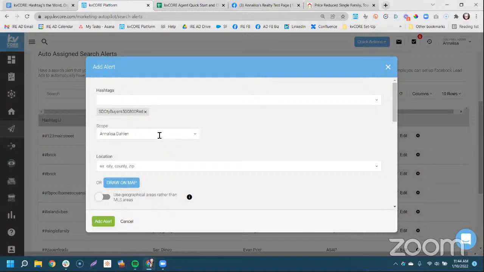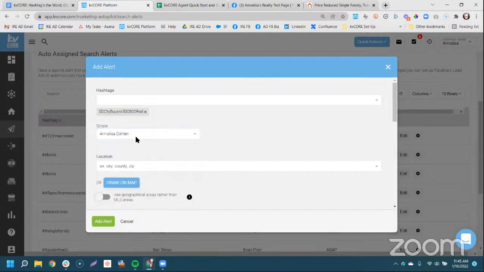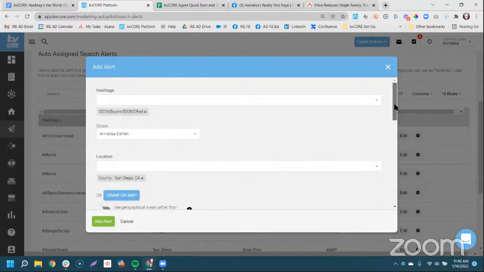And because it's for me as an agent, I'm going to leave it for myself. But if I was creating something for a company trigger or a team trigger or an office trigger, I would look at my scope of influence and choose accordingly. If you're an agent, you'll only see your name here. And then you just put in the area. So you're recreating that squeeze page, but for an alert trigger.